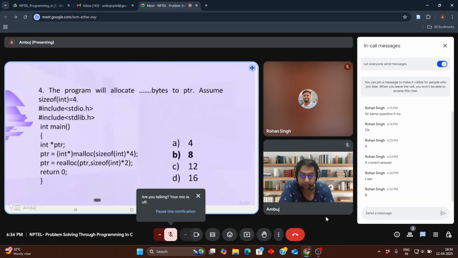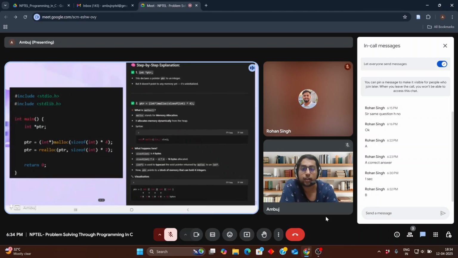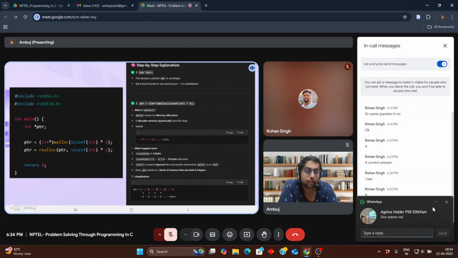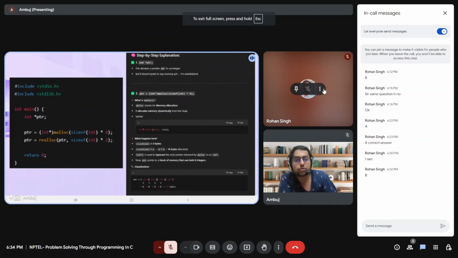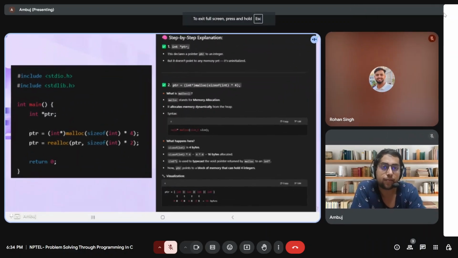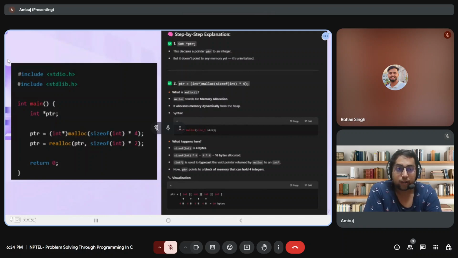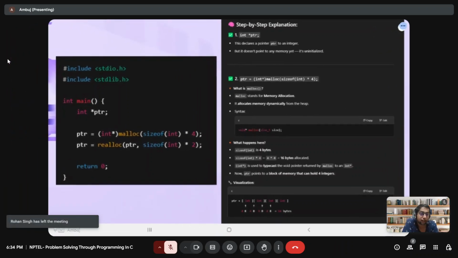Okay, 100%. Why? Let us look at the question as well as the aspects associated with it. For example, #include <stdio.h> has been written. This is the standard library. Then int main is there, int *ptr. This declares a pointer ptr